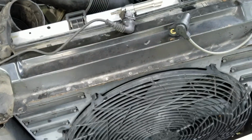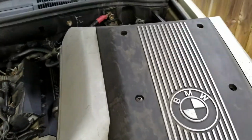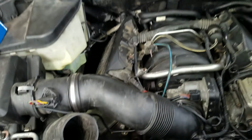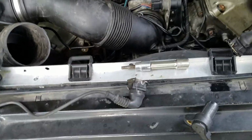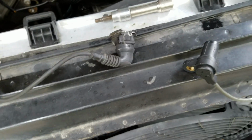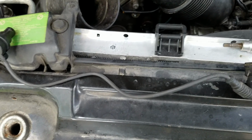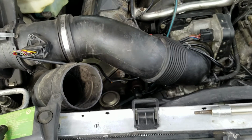Okay, kids. Today we are working on my own vehicle. This is a '01 X5 with the V8, the 4.4. Anyway, what we are doing today is a cam position sensor, and we are going to hope and pray that this resolves our problem. Since I put this engine in, it developed, or it had,